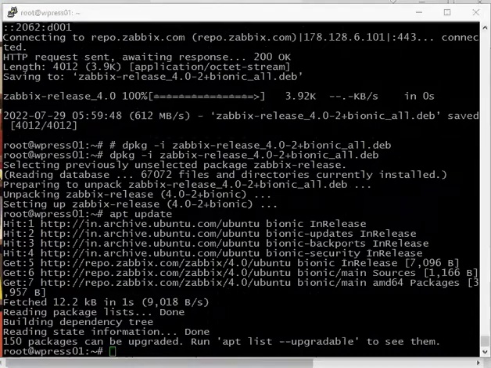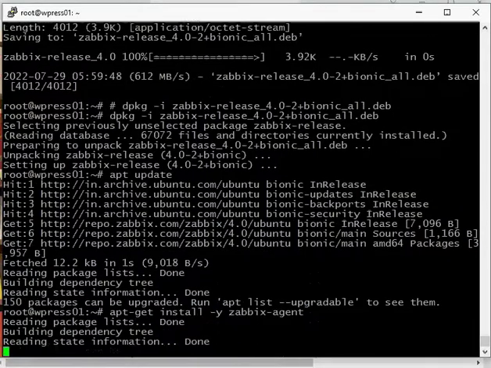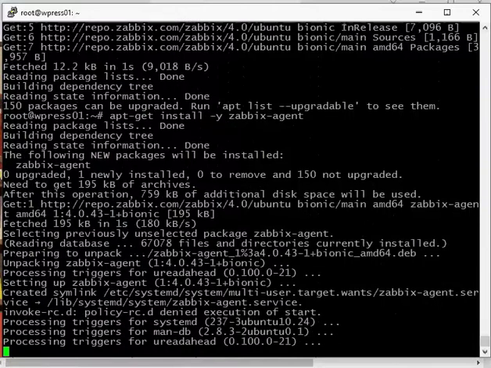Okay, now we will install the Zabbix agent. Okay, the Zabbix agent installation is completed. Now we will configure the